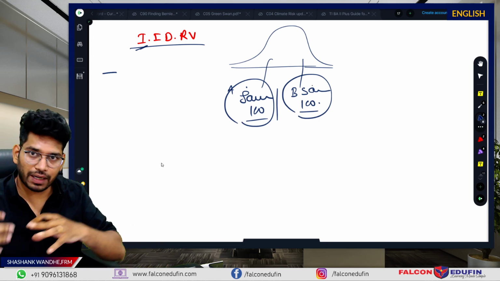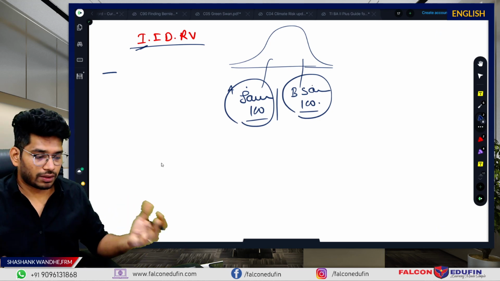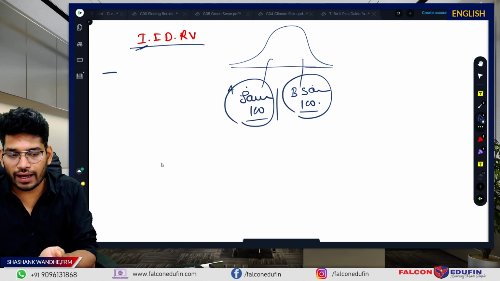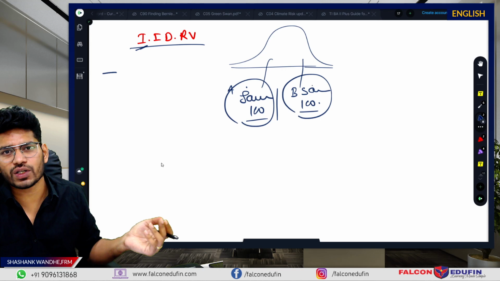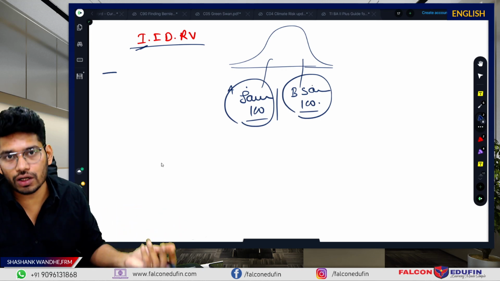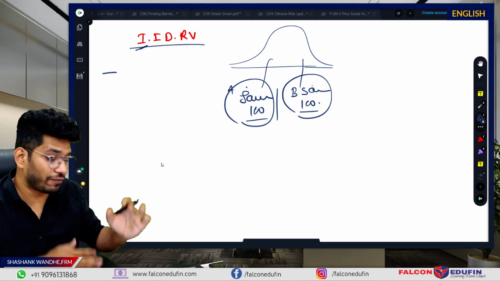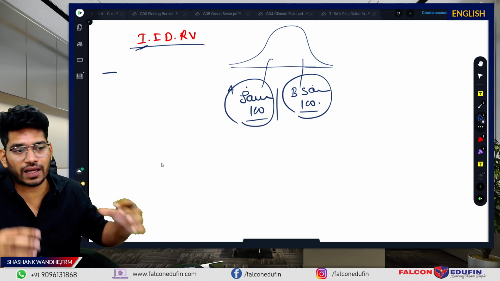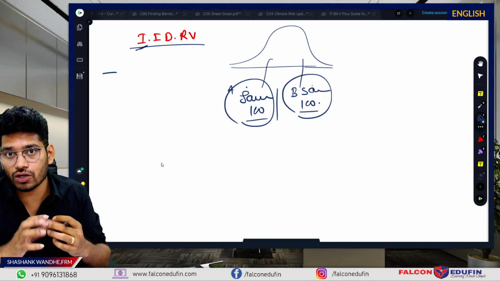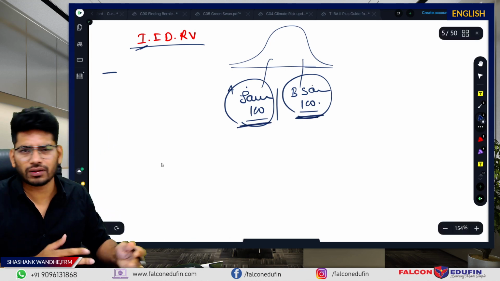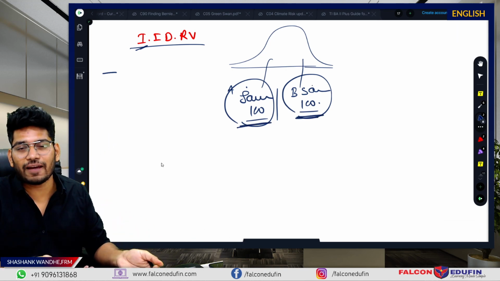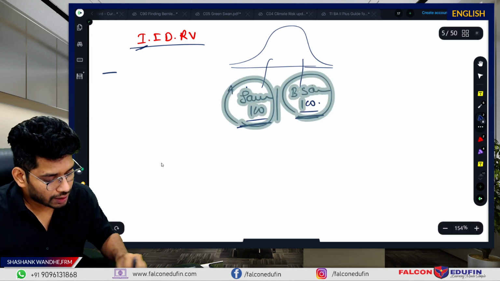You draw sample A, you draw sample B. If I show you the mean of sample A, you can't exactly tell me what is going to be the mean of sample B. There is no methodology available. It can be anything. You have to repeat this process for 100 millions of times, and then you will be able to analyze or draw inferences from it. But if you just compare these two, then these are the IIDs. This is the real life implication of the IID.